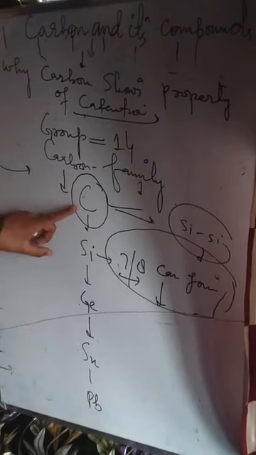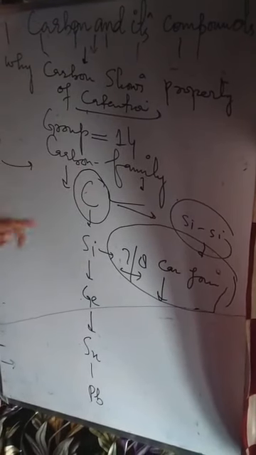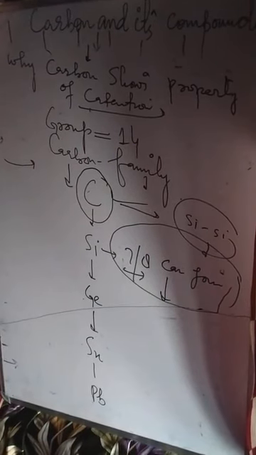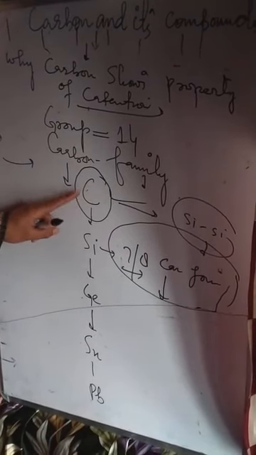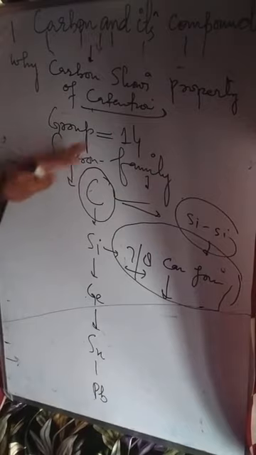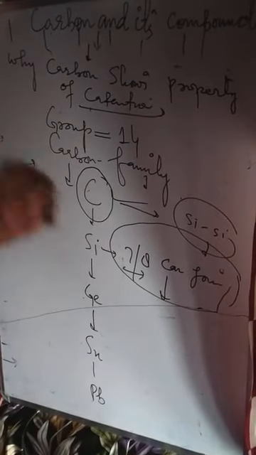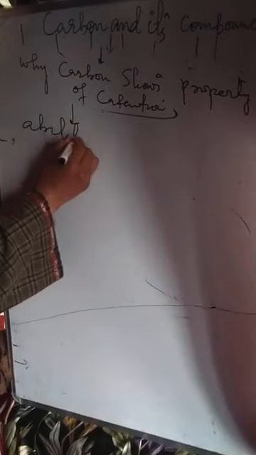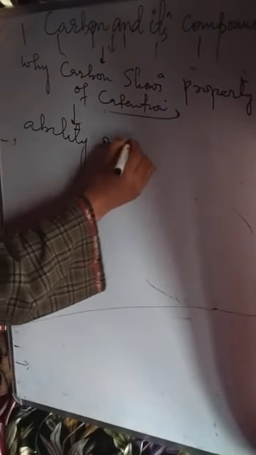Now I told you people, this carbon, as far as 14th group is concerned, it shows the highest catenation. Now why does carbon show the property of catenation? The question arises: why only carbon shows the highest catenation as far as group 14 is concerned? The reason behind this is the ability of carbon